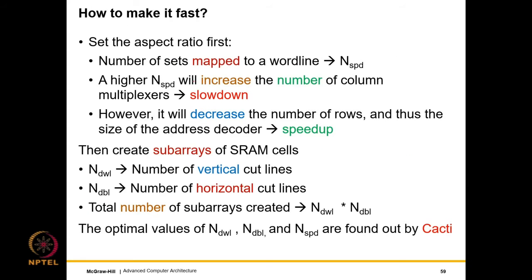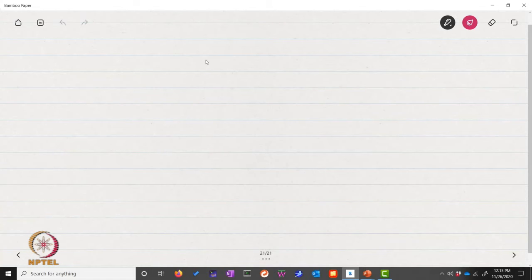So how do we do it, right? So here is the idea: how do we actually design a cache, right? What exactly are the steps, the optimization processes? So let me now talk about the broad space of optimization. So what are our inputs? The input is the cache size in bytes, block size in bytes, and the associativity.